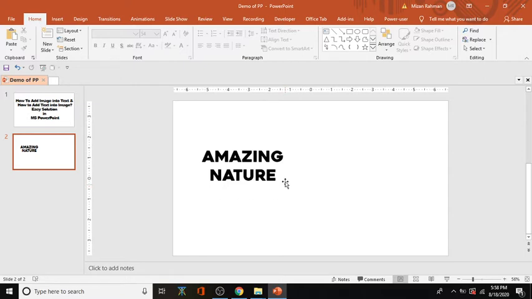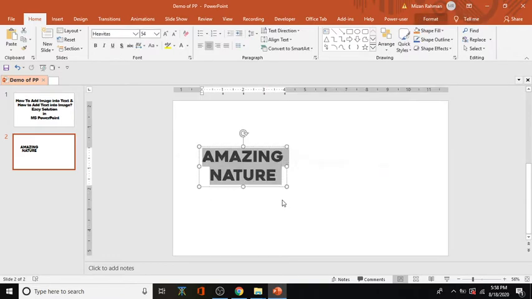So how can I do this? I have to convert this word into a shape. The process is first to convert the text into a shape, then insert the picture into the shape.